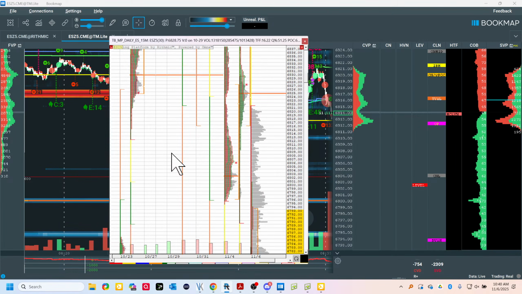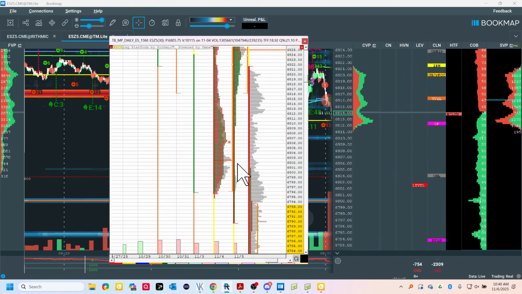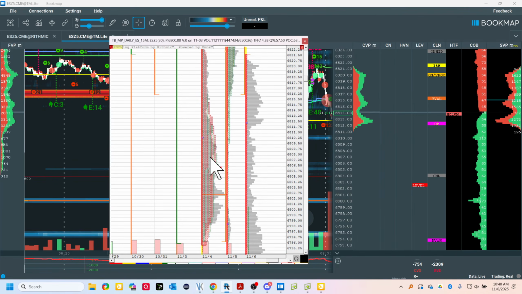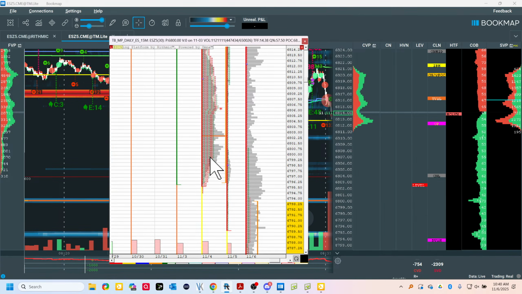So let's look at yesterday. This is what sets up today. Now, this is yesterday. Let me try to open it up a little bit. And this is called the volume profile, just in case you don't know. And if you haven't seen this before, don't go running with your hair on fire. First time I saw it, I thought I was on Mars.